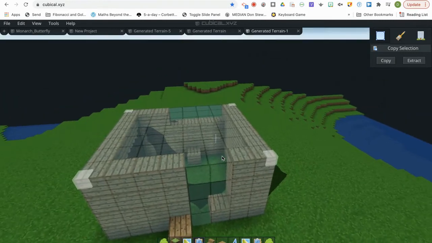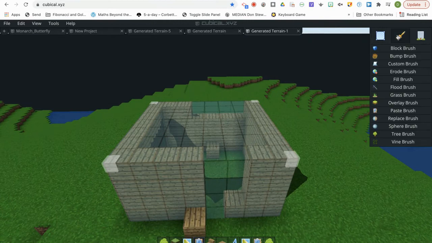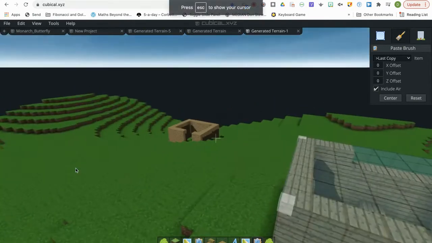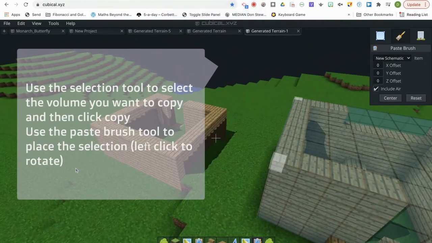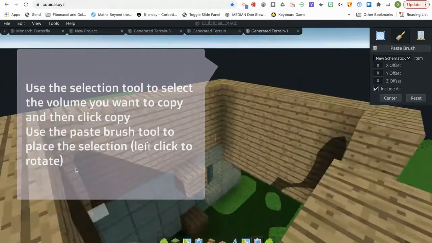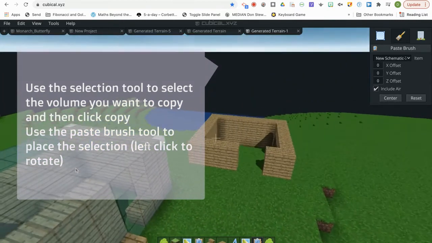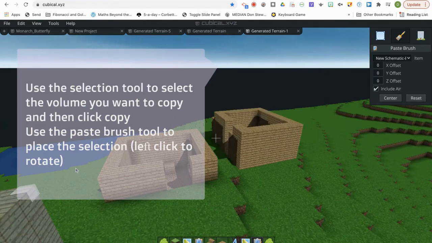my amazing wooden house. And then I escape and click on this paste brush tool, and I click on the paste tool, and now when I click back on the screen, I can now place my fabulous looking house, and I can rotate it in whichever way I'd like to go by left clicking, and I right click to place it. So I can put one down here, one, rotate it, and put it here, and here,